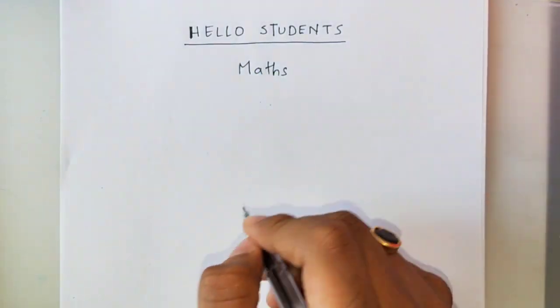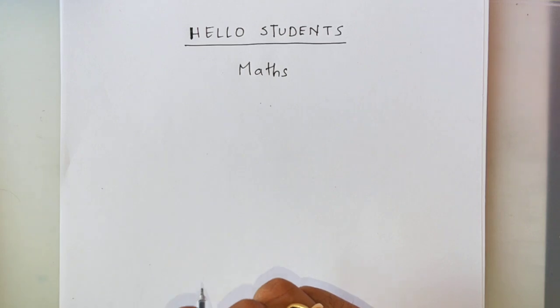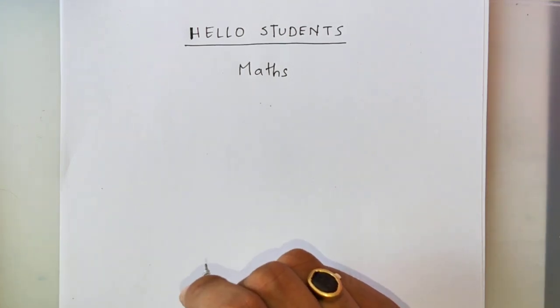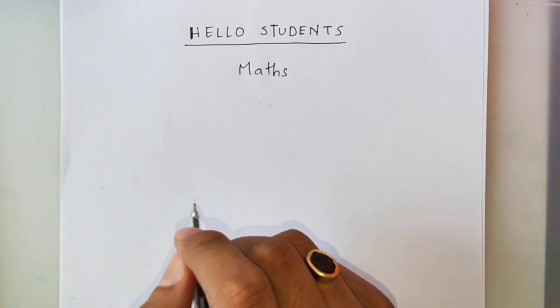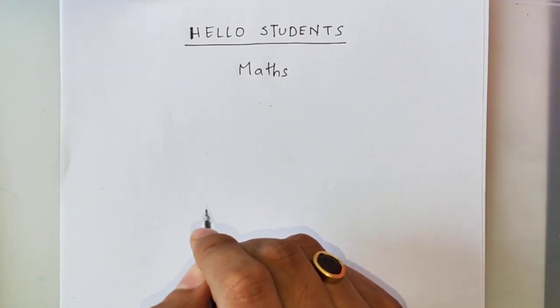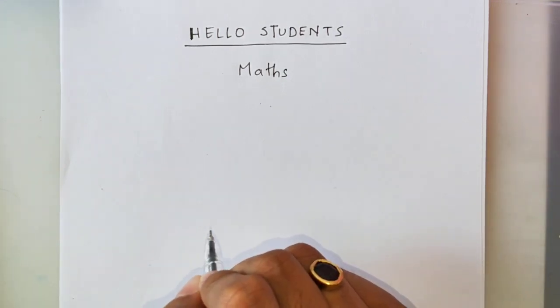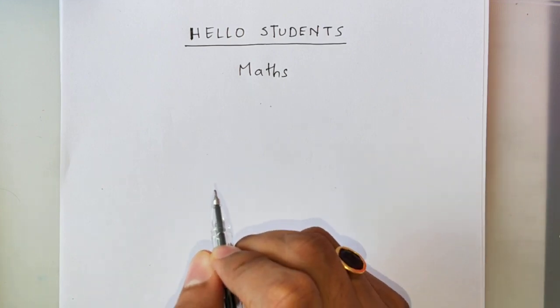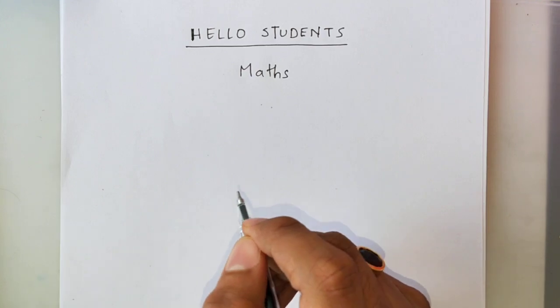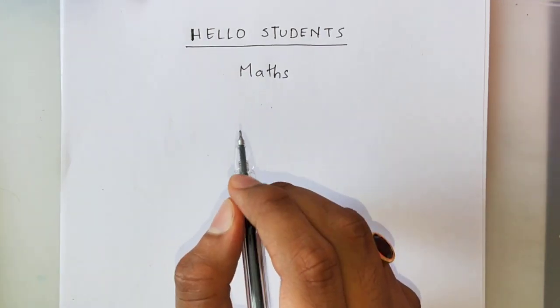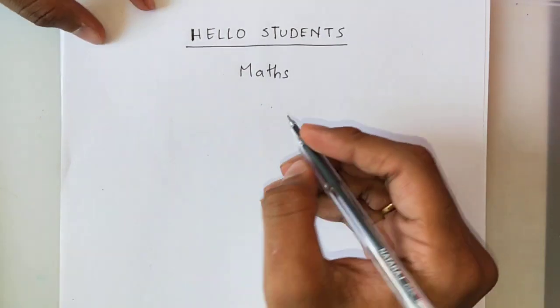We'll be starting with squares and square root. This is the first chapter. Even your school has started this chapter. It's a very important and basic chapter which will help you throughout the subject. We'll try to go as slow as possible so you understand very clearly. You are free to ask me doubts on WhatsApp. So without wasting time, let's start with the chapter.